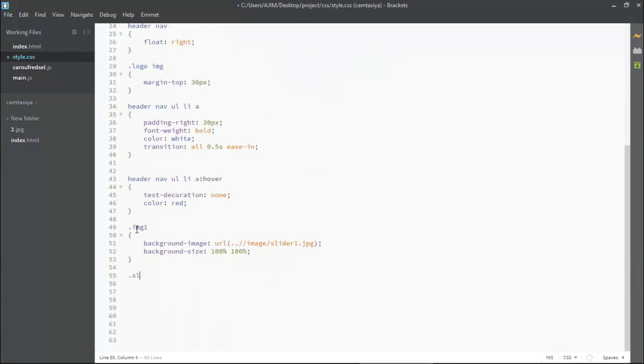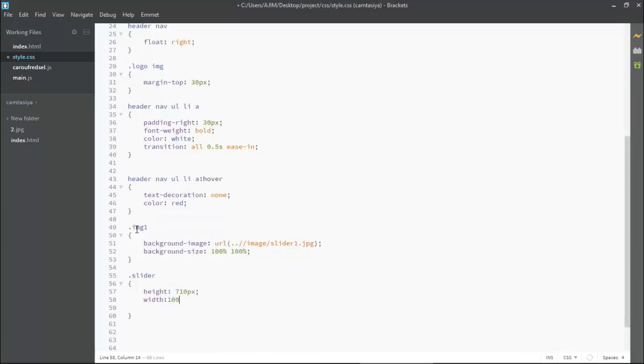So I'm putting a dot, and here I'm putting slider. Then I'm putting a comma to separate it. Firstly, I'm coming inside this and putting the properties. Height, something around 710 pixels, and then width, like 100%.